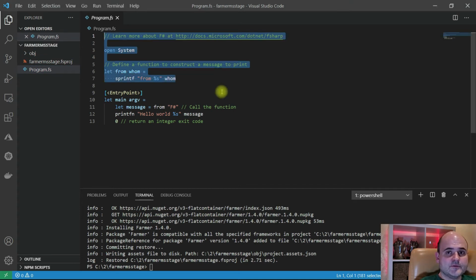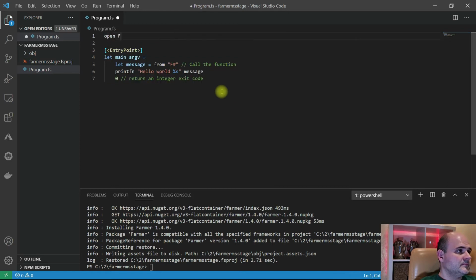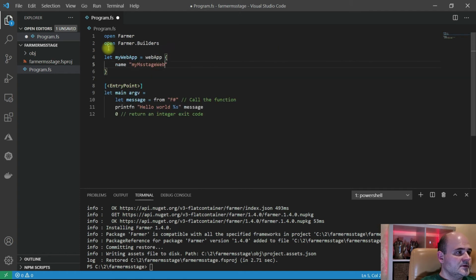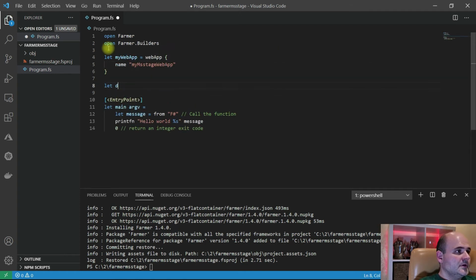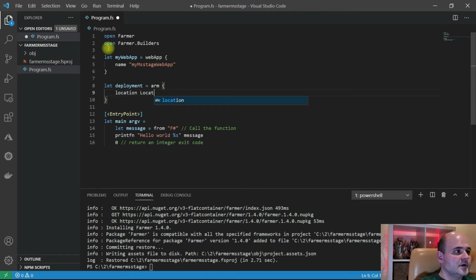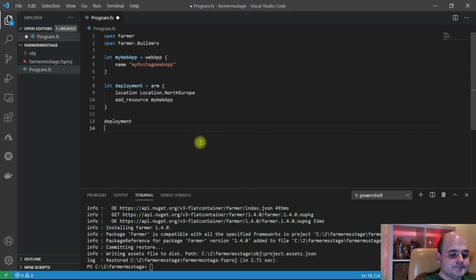Let's include Farmer first. My message web app, deployment equals ARM, location North Europe, deployment,